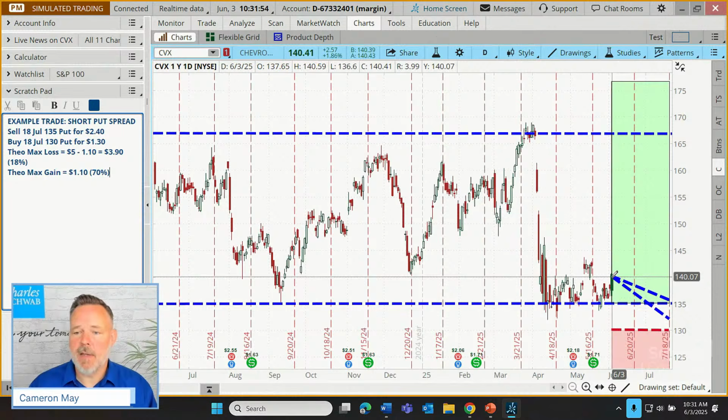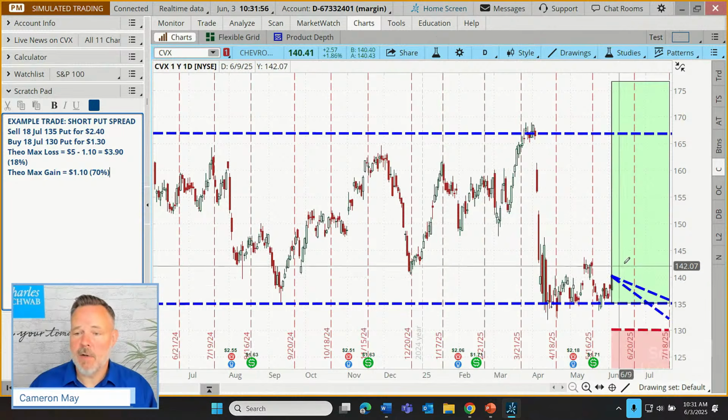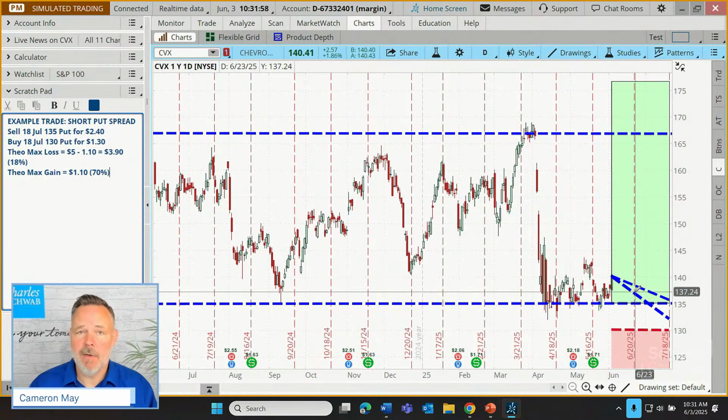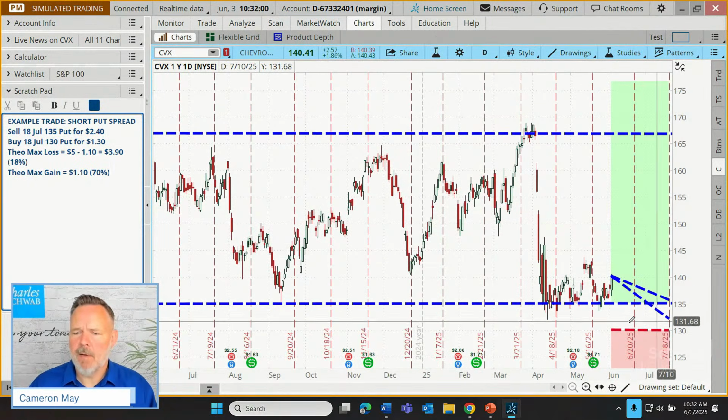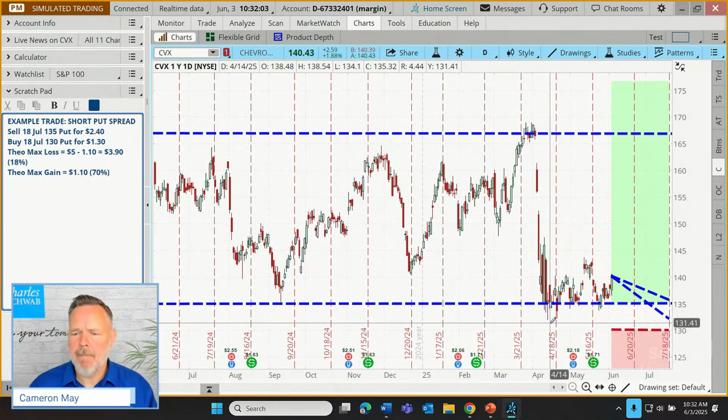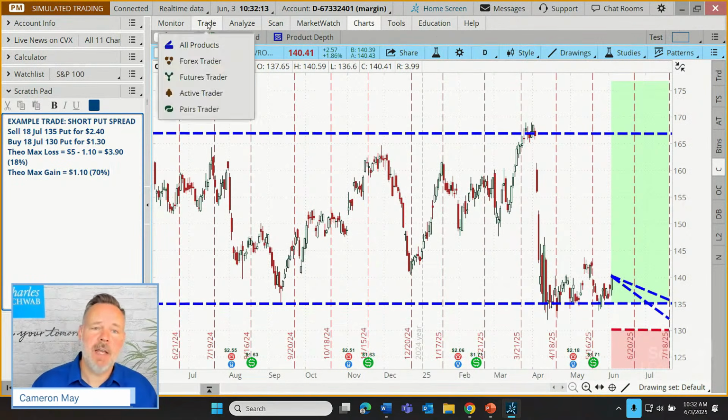Let's say that our trader says this is a bullish strategy. As long as it goes higher, we're fine. If it comes down, that's okay. If it starts to go down below these lows, maybe my chart theory here isn't working. I thought it was going to stay above 135. Now it's gone all the way down to 132. Let's just get out of it. So here's how that trade might be placed.